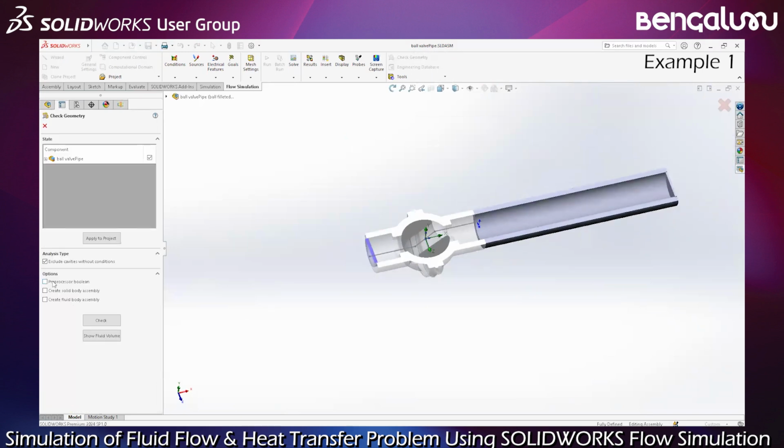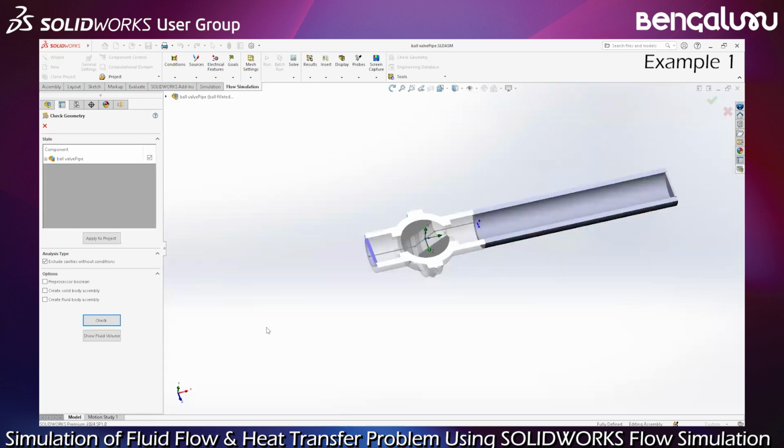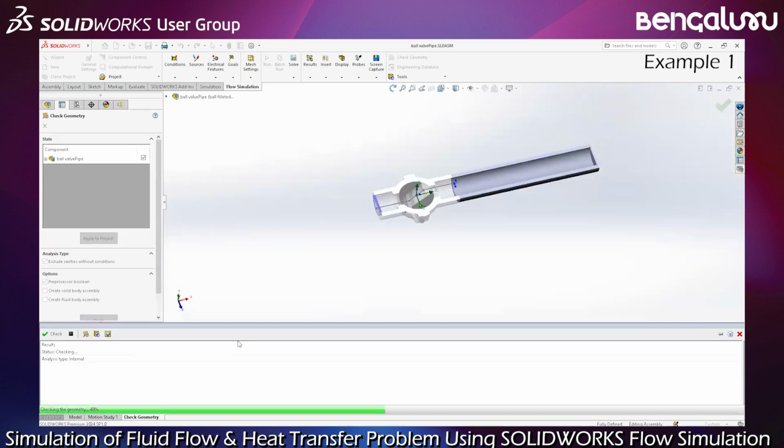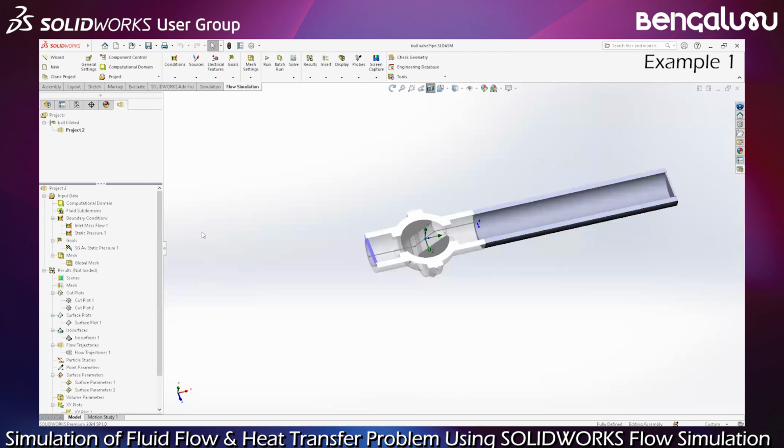So there is a tool where we can check the geometry. Okay, there is a problem. We should find the positive volume. So it means there is, okay, I know what to do. Looks like there is a small